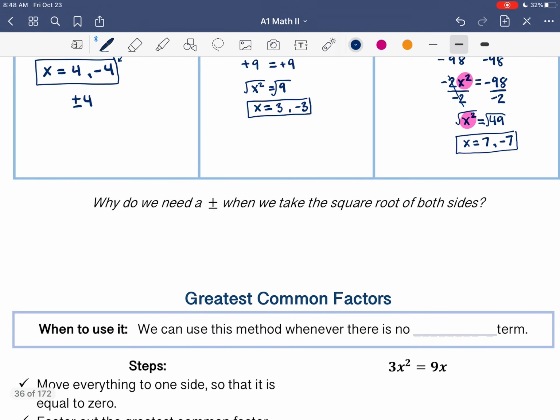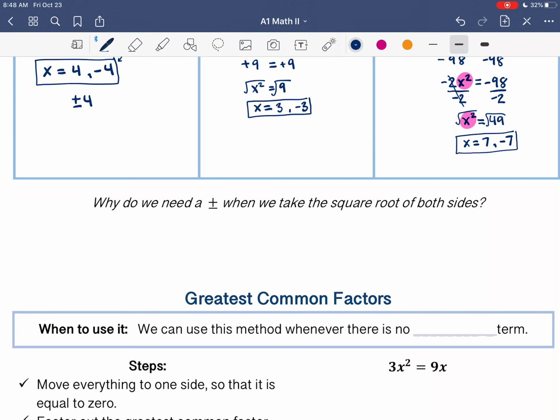Okay, so we already sort of talked about why we need a plus or minus when we take the square root of both sides, why we need both the positive answer and the negative answer. The answer to that is that we're missing a whole solution. Negative 7 times negative 7 also makes positive 49. So you have two answers that both work in this situation, and if you don't list both, then you're missing